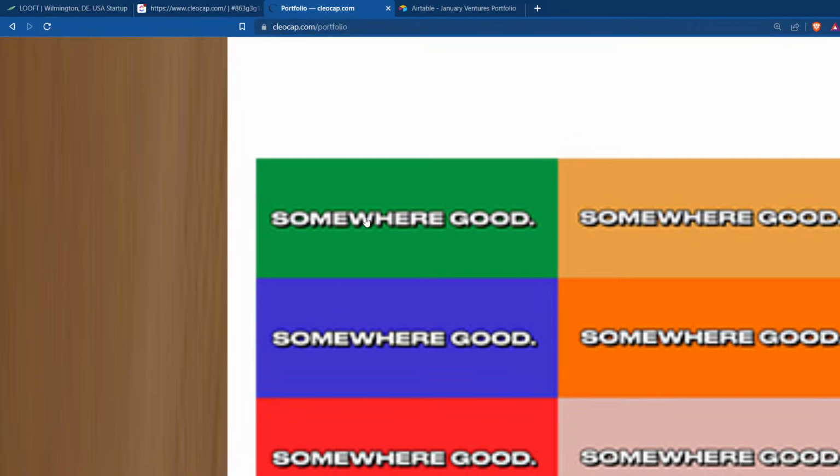There you go. But then they take their logo and they just put it over a random color palette that I feel like none of these colors go together, and there's really no order to it at all. There is color theory where you can get a triad or a complementary or a myriad of other color combinations, and I don't think these color choices match any of that. The font is actually kind of good. If they would just have the Somewhere Good and one of these colors, I think that would be a fine logo. But the combination of all of these together, if this is actually their logo, is awful.